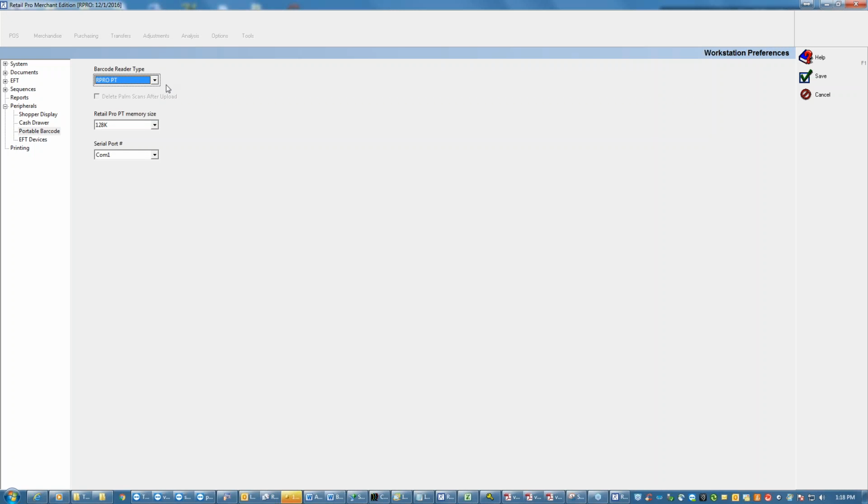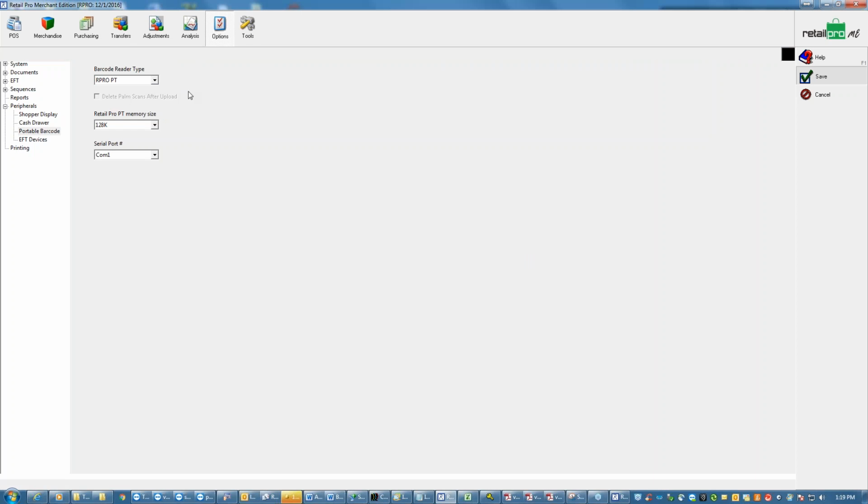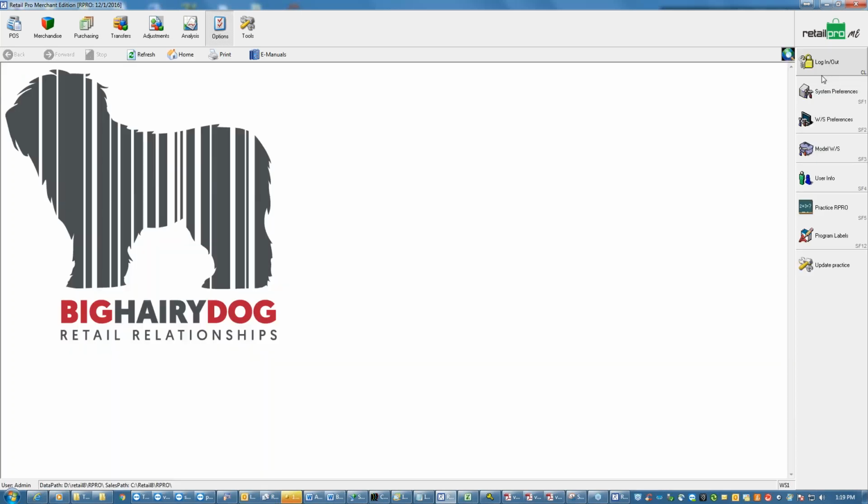The other two have a little driver utility that needs to be installed. If you're going to use any of the scanners, we want to make sure that you test them at least a couple of days ahead. So if there's any problem with it, you can take steps to get those problems corrected. Check your workstation preferences, make sure it's pointed at the right kind of scanner if you're using a scanner. And then the other thing that's wise to check before you actually get started is in